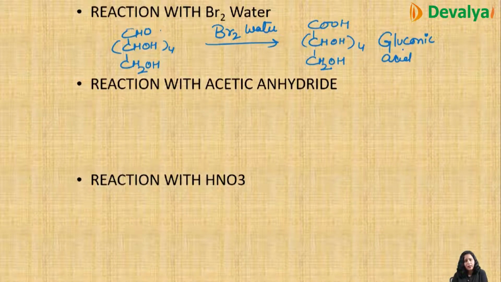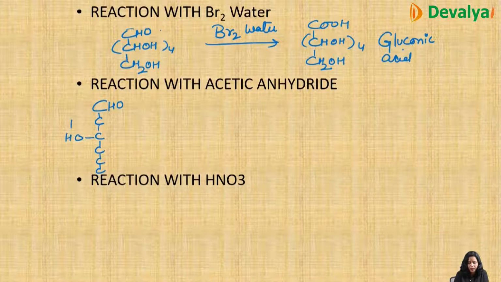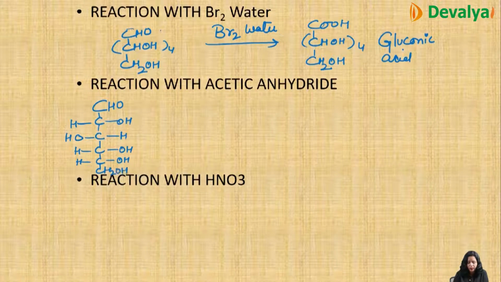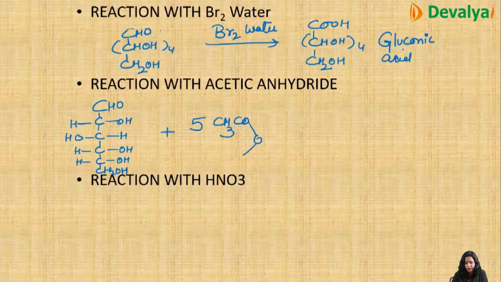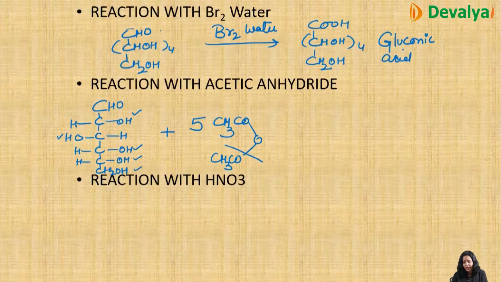Then the reaction with acetic anhydride. Now I'll write it in the open form because it would be easy for carbons 1, 2, 3, 4, 5 and 6. Now the third OH is on this side: H, OH, H, OH, H, OH and CH2OH. I will react it with 5 moles of acetic anhydride. Now there are 5 OH groups, 1, 2, 3, 4, 5, so it will cleave like this and it forms 5 moles of CH3COOH